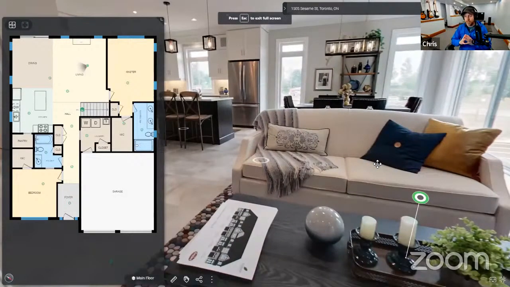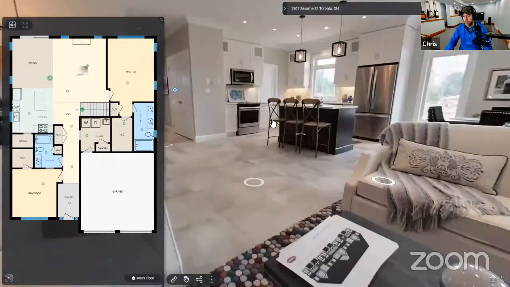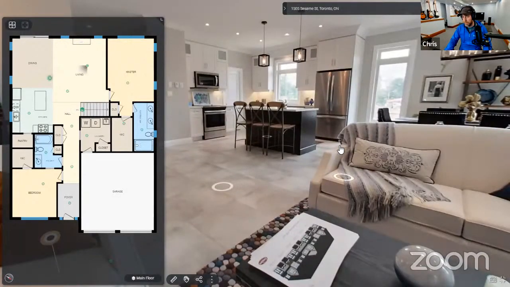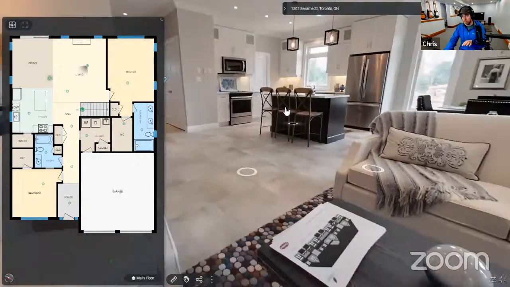So this is the iGuide. So for those who haven't seen it before, you're going to notice that there are 360-degree visuals and floor plans. I know that sounds really obvious, but that's important because the iGuide is always going to have those two things. There are lots of different types of tours out there. They've all got their pluses and minuses, their pros and their cons. With the iGuide, the core experience is about providing important information to people who are going to be making decisions. So it's about empowering people with property information. And the way the iGuide does that is providing this experience, 360-degree visuals. You can look wherever you want.